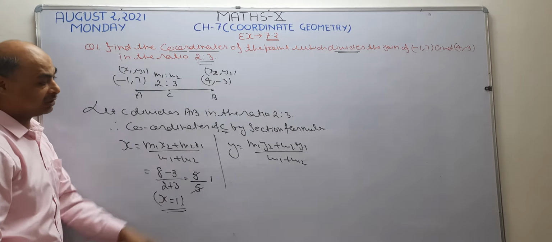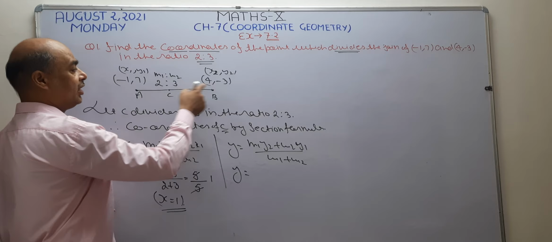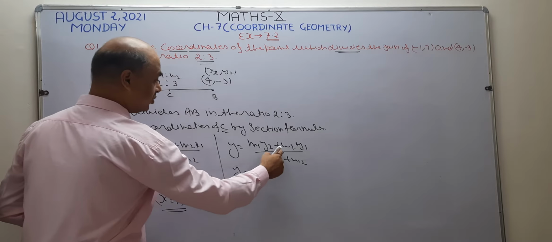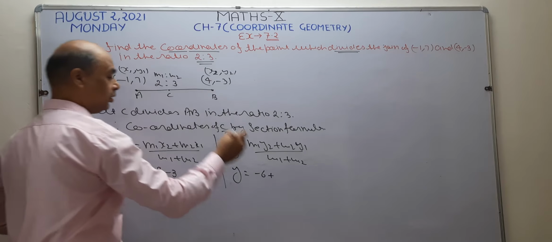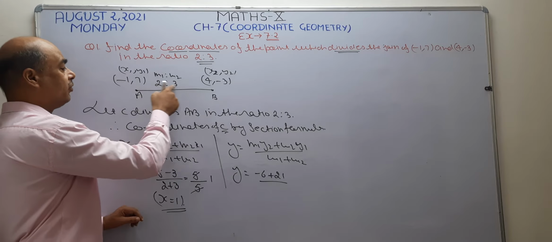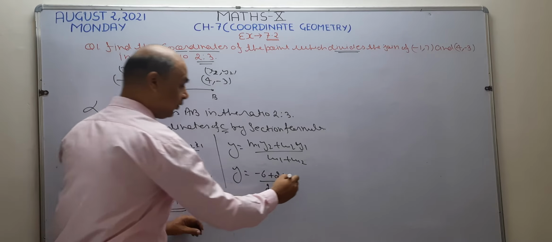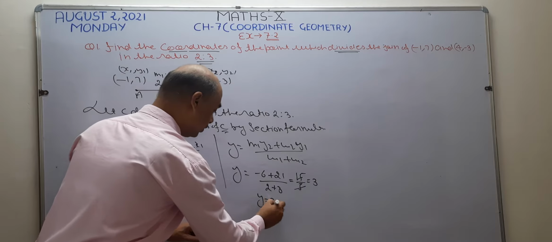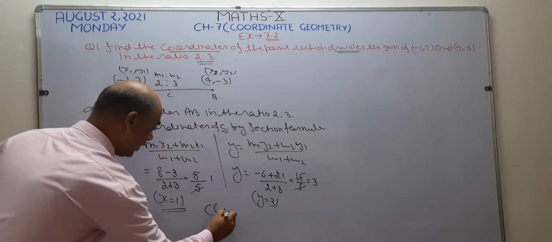Okay. Now I want to check the value of Y. So write here M1 Y2. This is your M1 and this is your Y2. 2 into minus 3 becomes minus 6. After that, a positive sign is there. M2 Y1. This is your M2 and this is your Y1. 3 7s are 21. Right, here 21. After that M1 plus M2. So this is your M1 and M2. Right, here 2 plus 3. Now see, 21 minus 6 becomes 15. 15 by 5 is 3. So the value of Y becomes 3. So the coordinates of point C become 1 and 3.